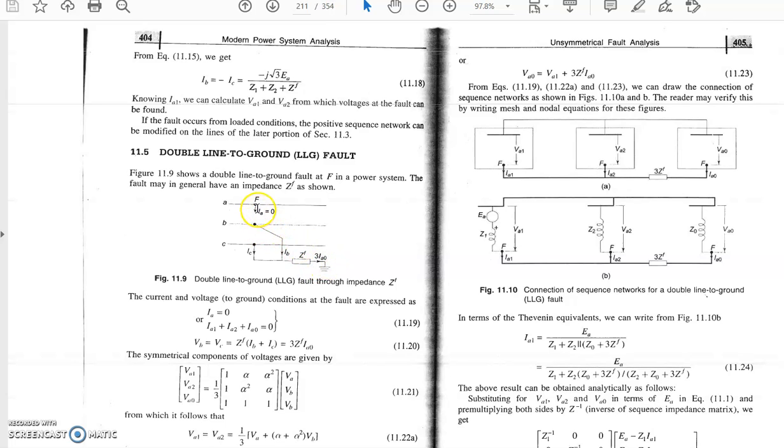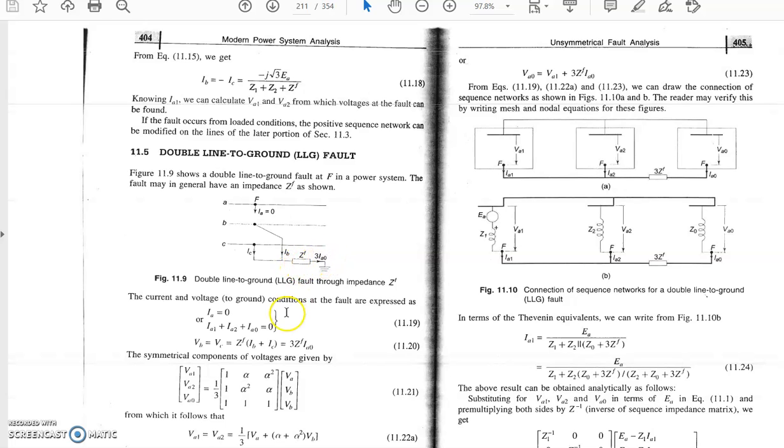The fault current IA, the current going out from F, is equal to 0. So from this diagram we can write the equations. What will the equations be? The first equation is IA equals 0, or we can say IA1 plus IA2 plus IA0 is equal to 0. And the second equation is VB equals VC, which is equal to ZF into